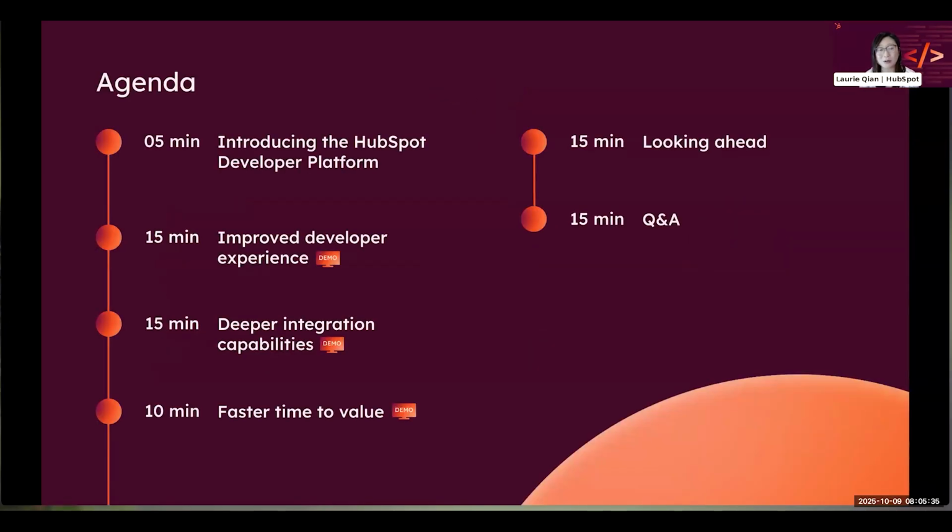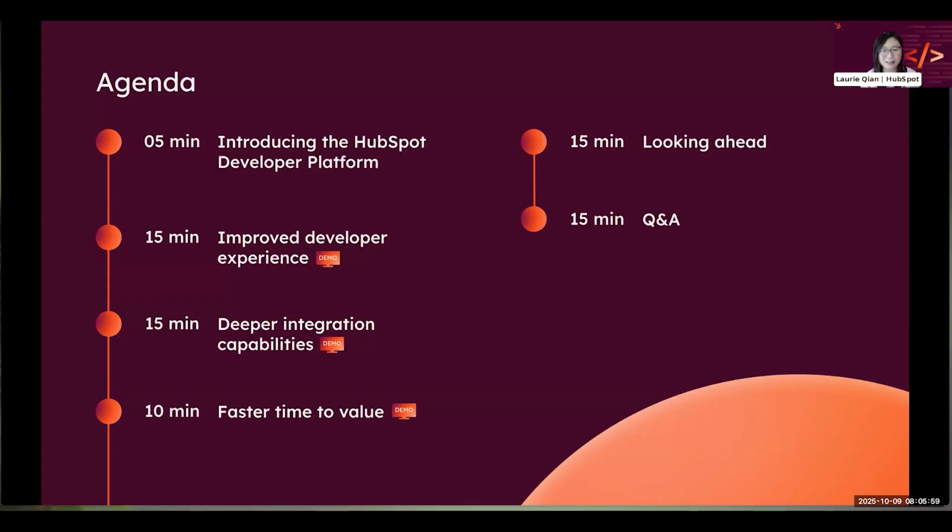During this demo-heavy presentation, we're going to give you a complete walkthrough of our new developer platform. Then, we will give you a chance to engage with the product team behind this new platform release. We'll cover everything from tooling that meaningfully increases your productivity, new opportunities for you to build more capable and deeply